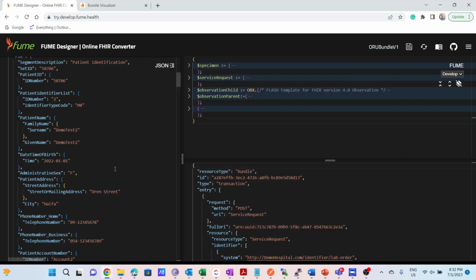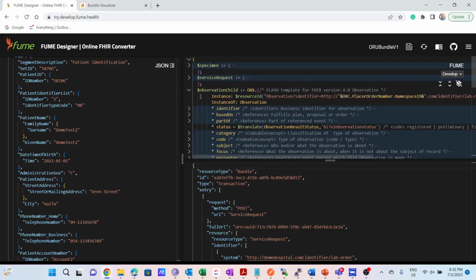Probably you will have 5 OBX segments, and probably you will have 20 or n OBX segments. This is why you, of course, would like to manage it as an array. So in fact, it is pretty simple to achieve with FUME. You just have to put the segment name, dot, before brackets, and within the brackets you simply use the